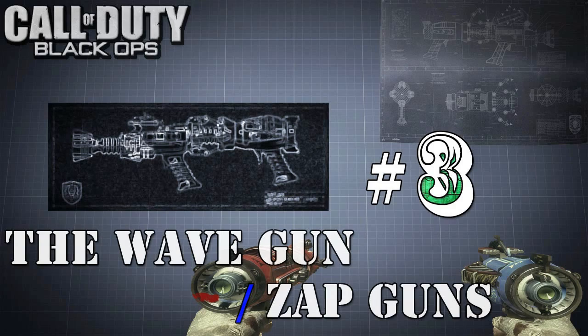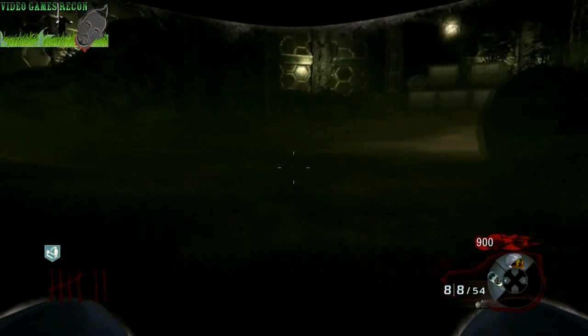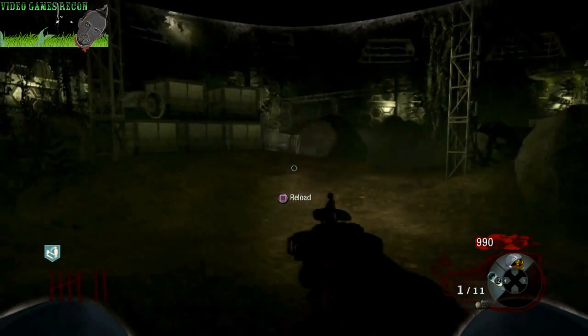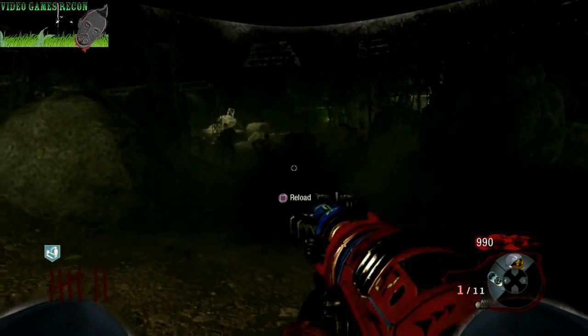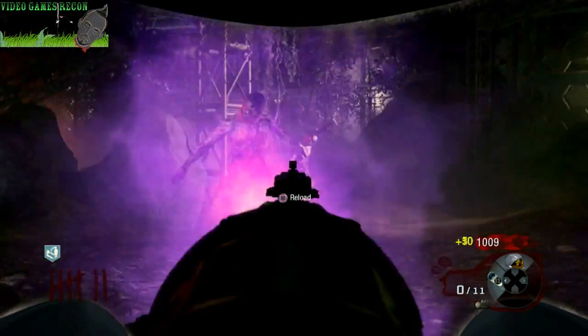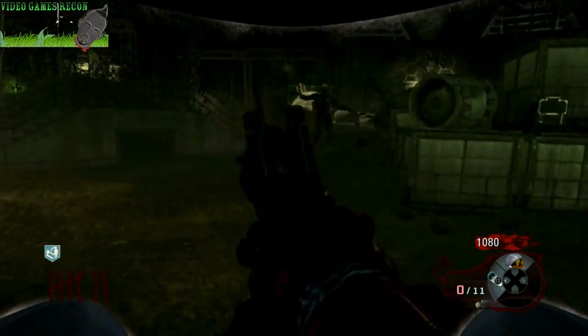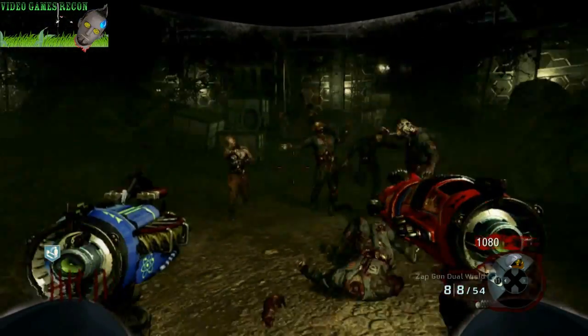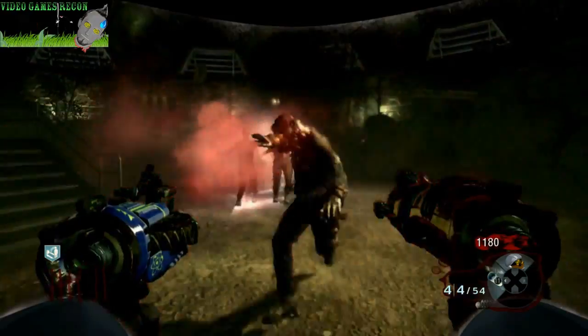3. The Wave Gun or Zap Guns. First off, from here on in, I'm just going to call this weapon the Wave Gun for simplicity's sake, seeing as this weapon's most noticeable quality is that this gun is 2 wonder weapons for the price of 1, as when acquired from the box, or a QED if you get real lucky, you will start with the Zap Guns,